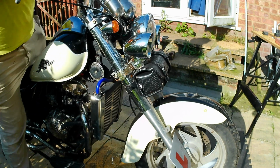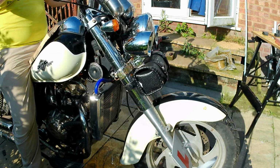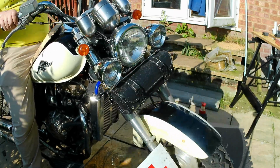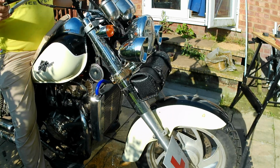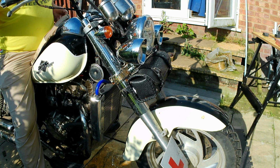So I'm going to do this by sitting on it, and now they are lovely and smooth. There's basically no resistance in that at all. And then next is to point it to one side and just see if the wheel falls under its own weight. So we'll just give it a